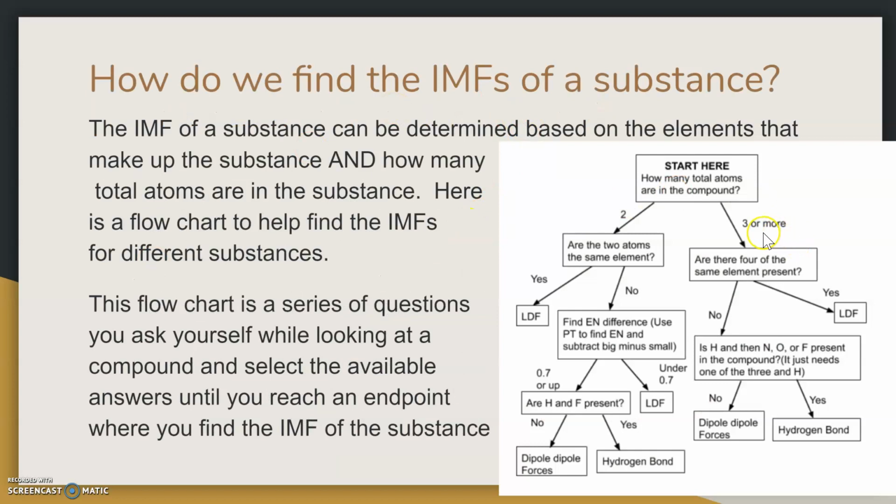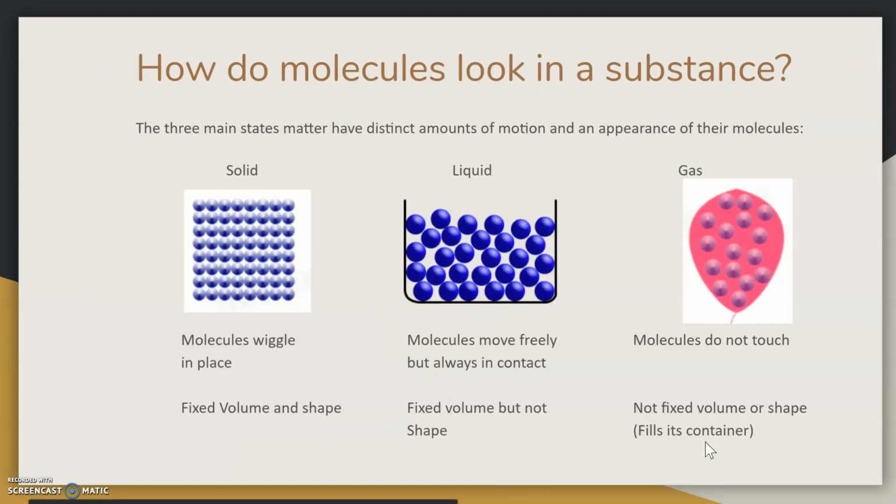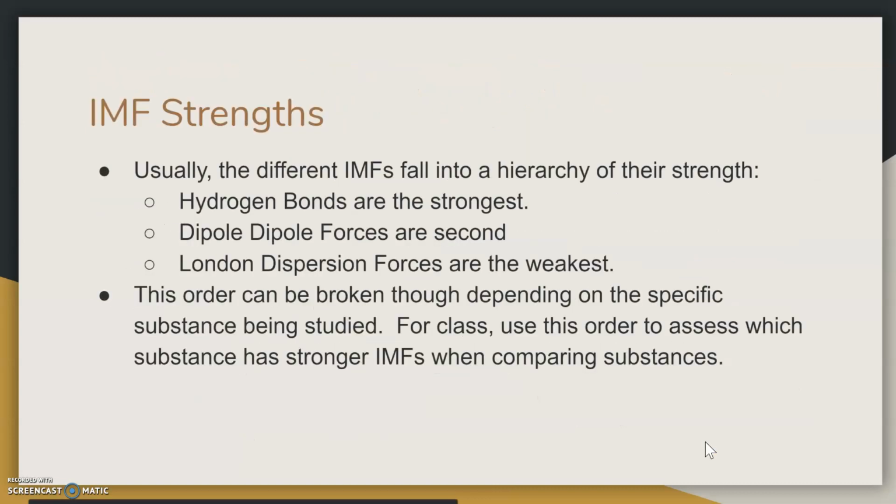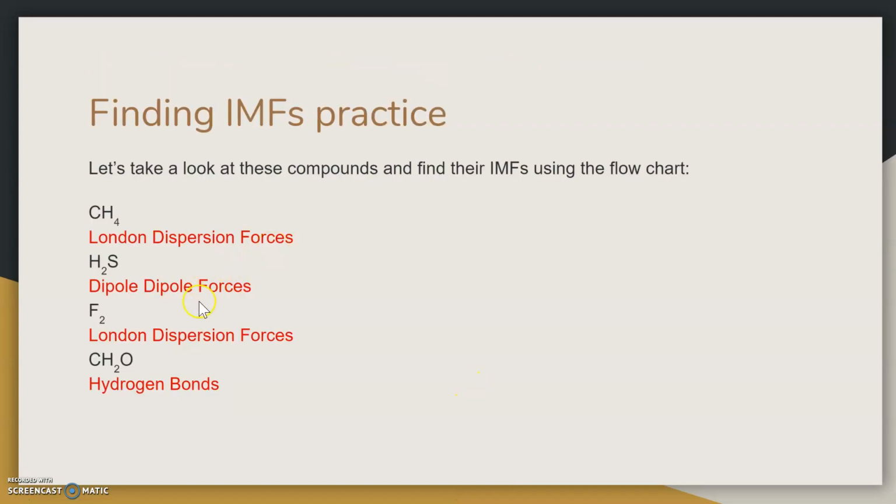has 3 or more atoms. So we're going to go over here. Are there 4 of the same element present? That would be a no. Is H and then N, O, or F present in the compound? It just needs to be one of the 3 and H. We've got S and we've got H, so that would be a no. So it's dipole-dipole forces, as we see here. F2